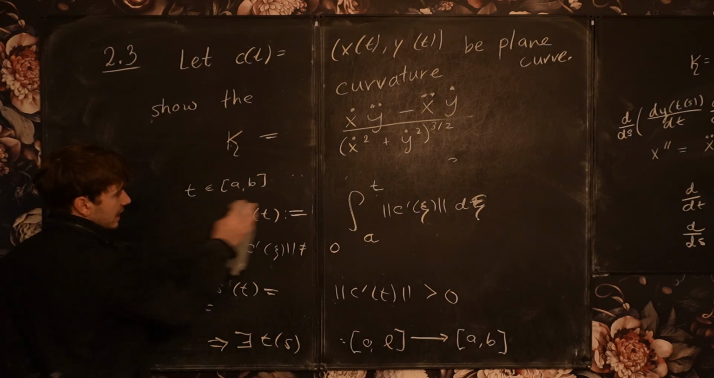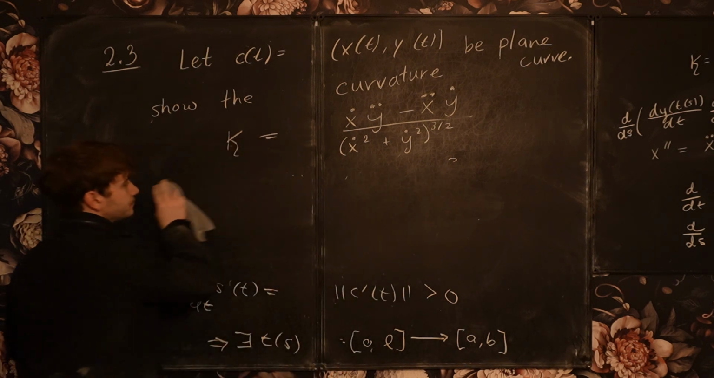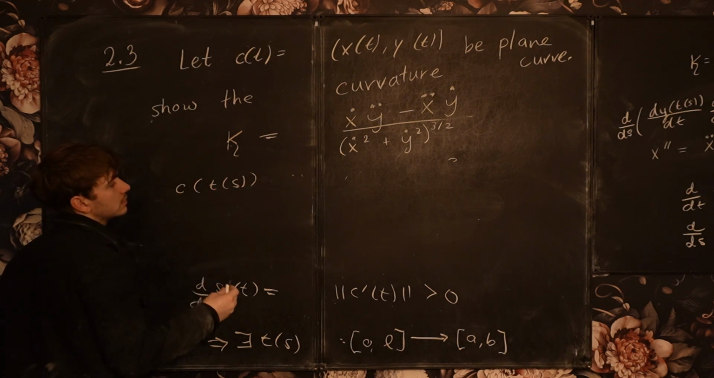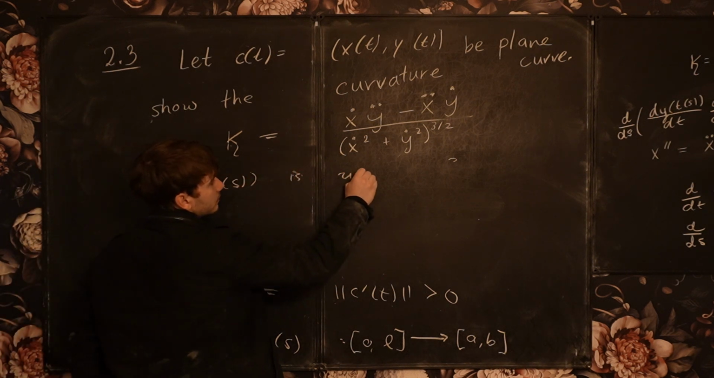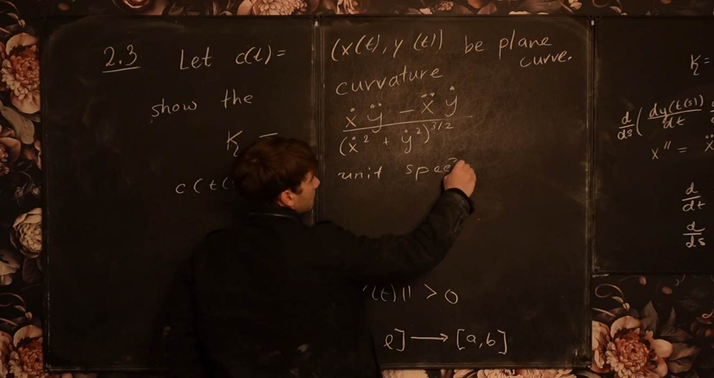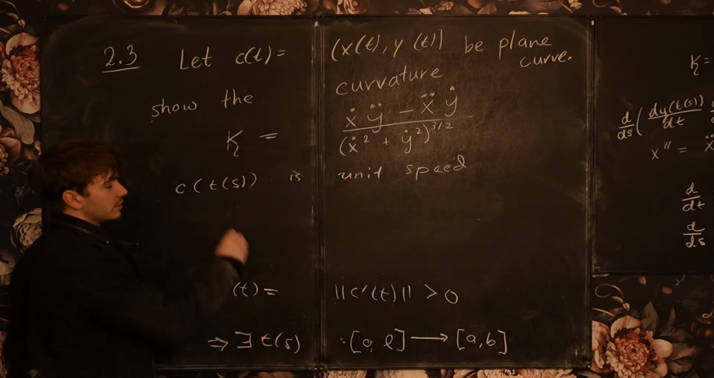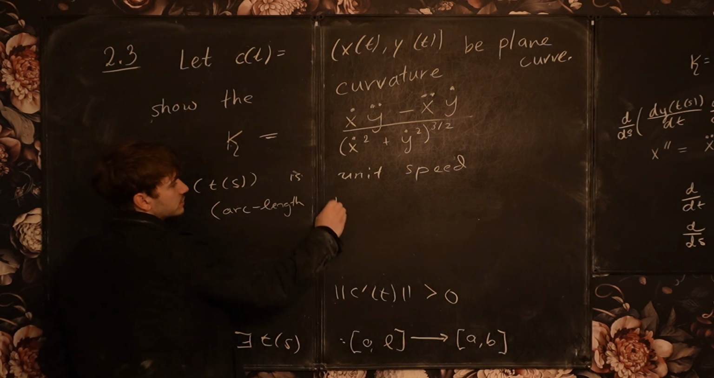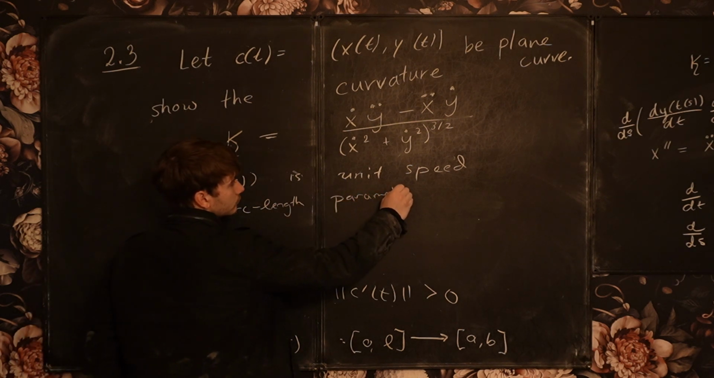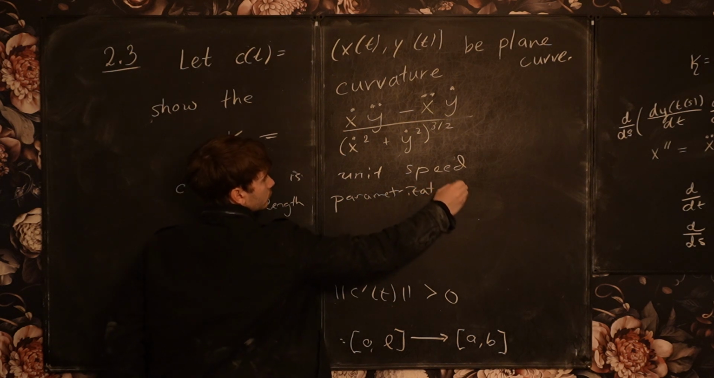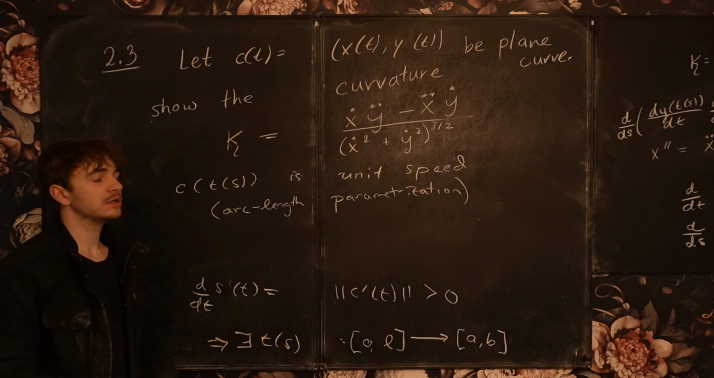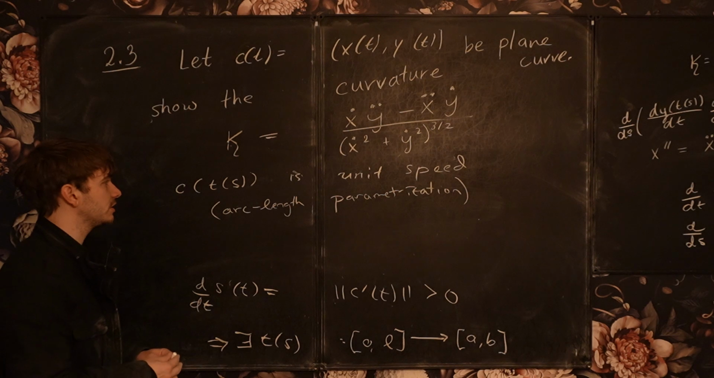And the property that it's going to satisfy is that c of t of s is unit speed. And this is what's called the arc length parametrization. So once we know that this arc length reparametrization exists, we can then use it, and we know that